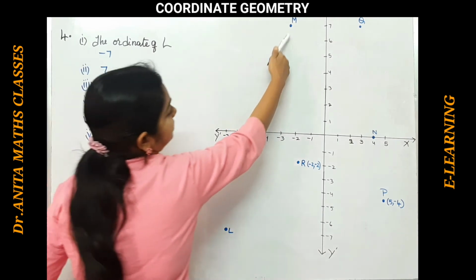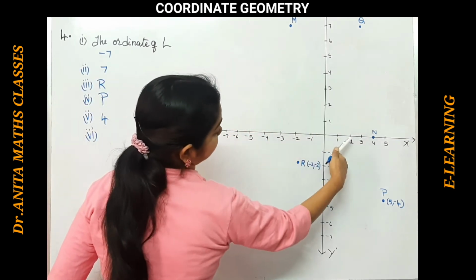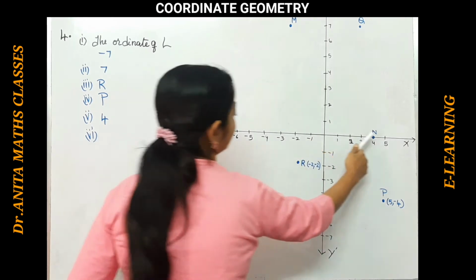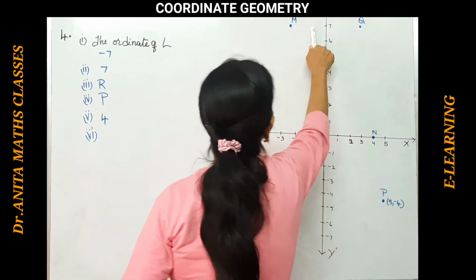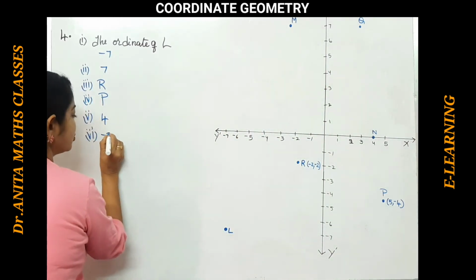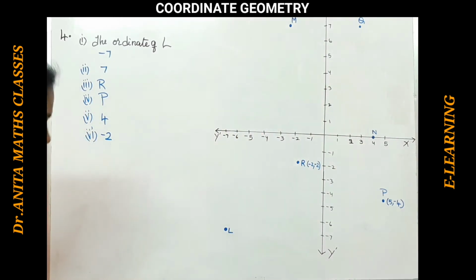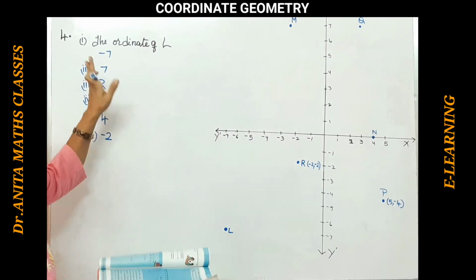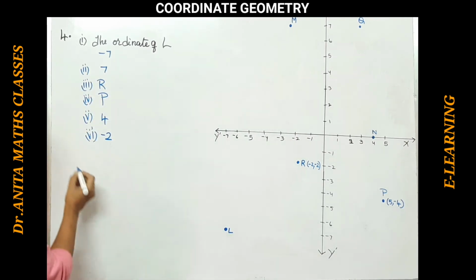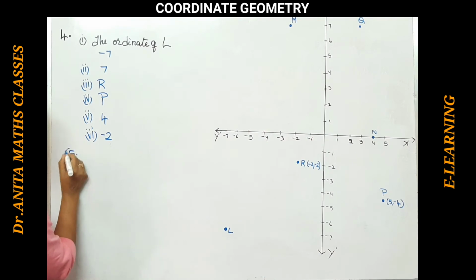There is M here. See, M is the point here, taking the x minus 2 comma 7. Minus 2, 7. So the abscissa is minus 2, 7 is the ordinate. So we have completed this. Now the next one, this is the fourth bit. Now the next one, the fifth problem, just the true or false.